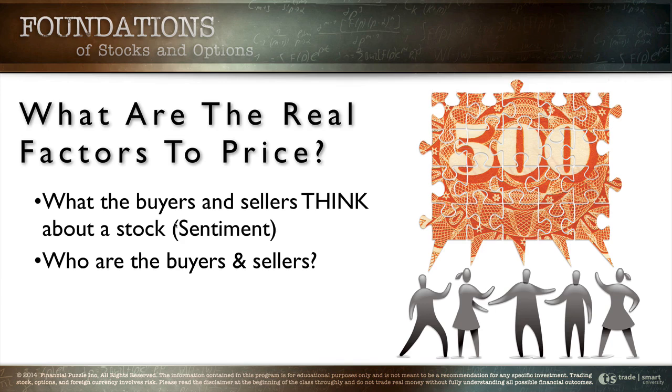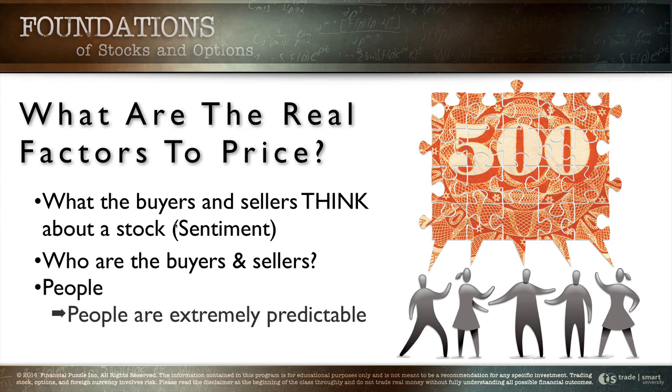And the answer is simple. When you can put on a different set of lenses, you can see the market differently. That's what I want to teach you how to do. I want you to understand that whenever we talk about the pricing of a stock, what we're really talking about are human beings. It's not about the fundamentals of the company. It's frankly not about who's running the company. Yes, all of that can have an impact. But what really matters are the people who are the buyers and the sellers.